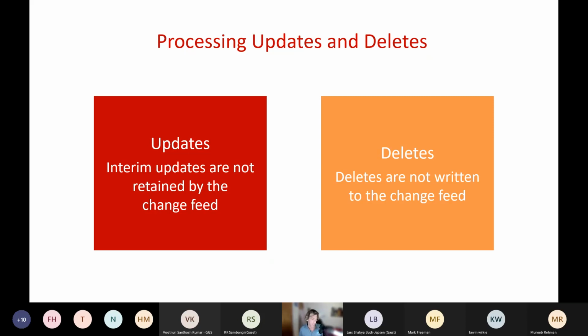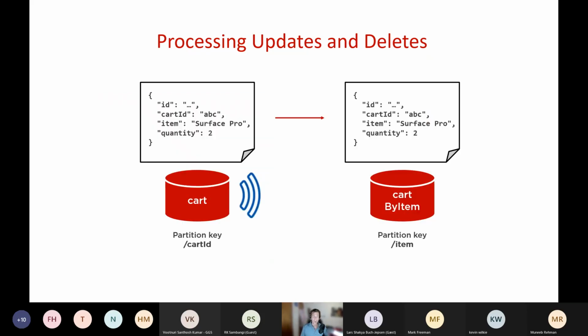So that could be a serious issue if somebody deletes something from the cart, right? Like, if I change the quantity from 2 to 3 here on the left side, the microservice wakes up and it is updated here on the replica side. Same thing if it gets changed to 4, it's going to get updated to 4 right here when the microservice does that. But what if now we need to delete this item, like the user deletes the item